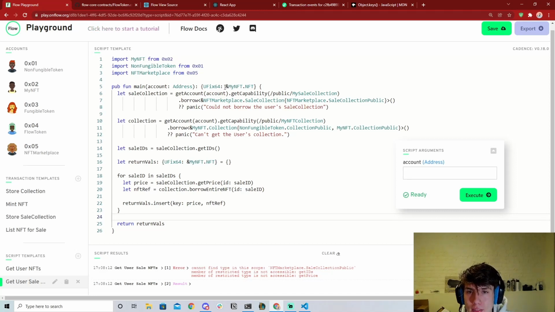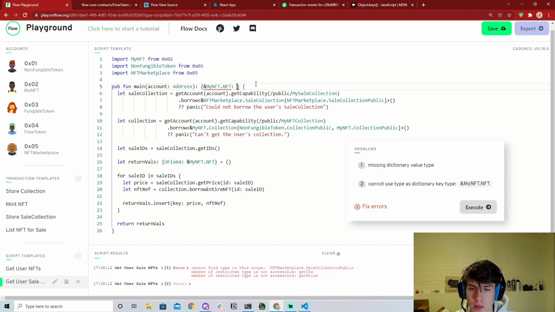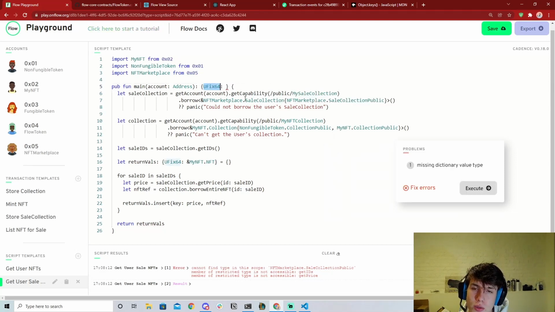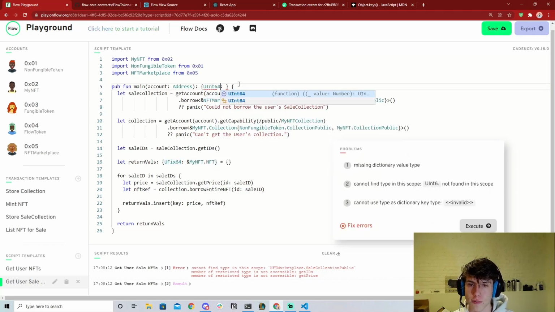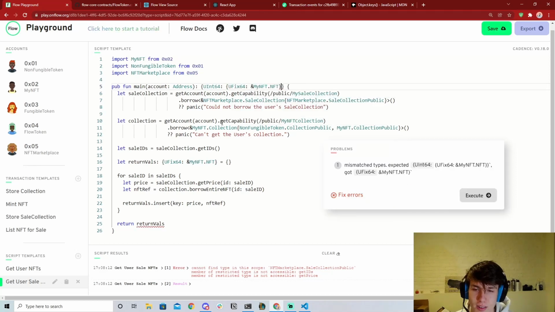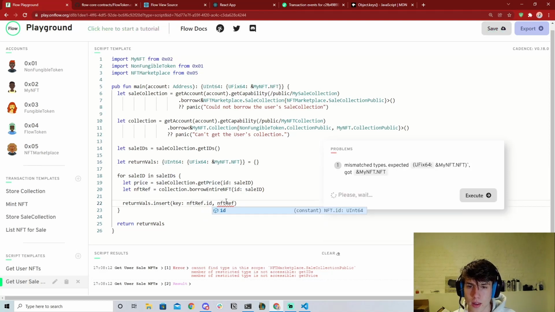Do I just want to map it the other way? Should I just do it this way? I'm trying to think of what are the problems with this, but let's just fix this around. Yeah, I know you couldn't do that. Okay, how about we map a UInt64 to a mapping of the... So let's just go ahead and replace this, and then we'll say the key is the NFT ref.id, and the